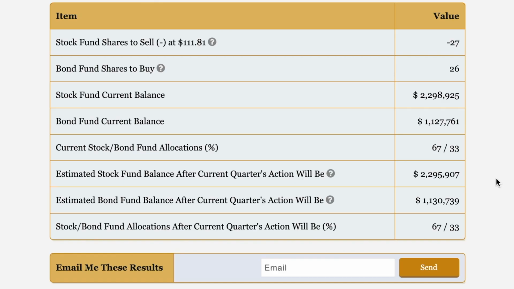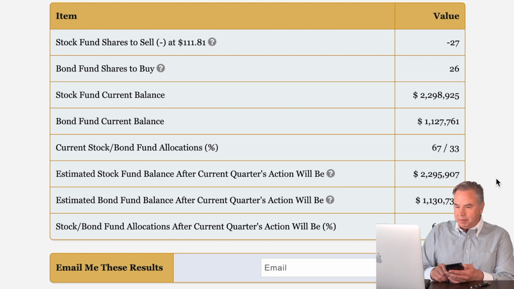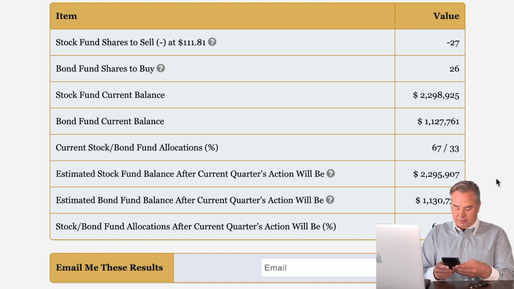All right, look at the current balance of our plan. You just add it up. It comes out to 3426698 if you add those together. All right, and then what do we want it to be, our bond fund balance? Well, it's going to be 2298925. Just divide the resulting stock balance by the full balance,